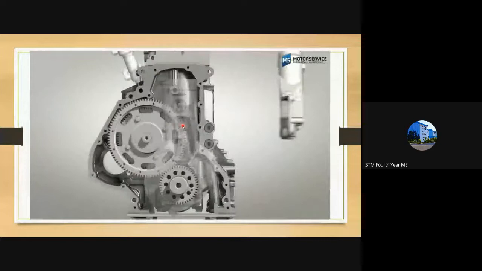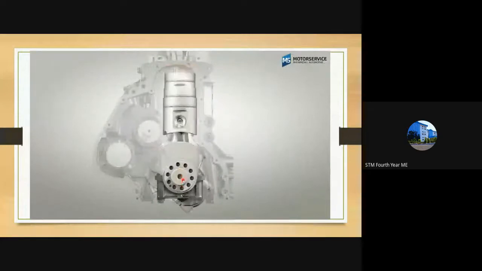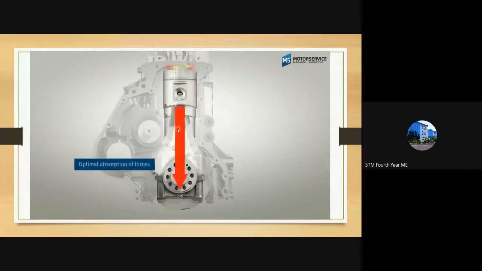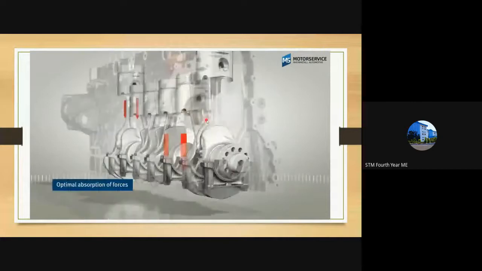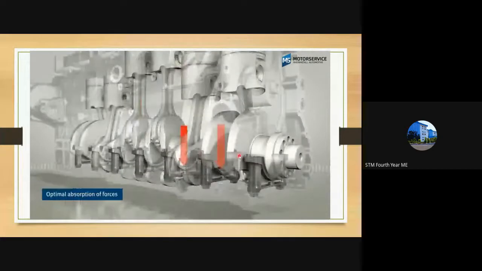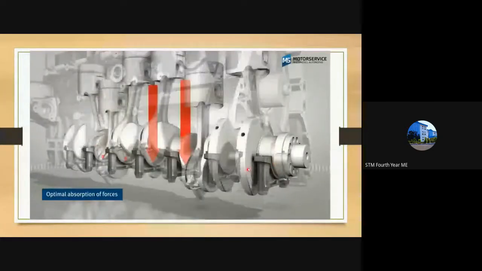Okay, the shaft present on the bottom side of the engine block is called the crankshaft. Each piston is connected to the crankshaft, so you can see how it is moving. The piston is moving upward and downward, while the connecting rod, as it is called, moves in this motion and provides a rotational motion to the crankshaft.